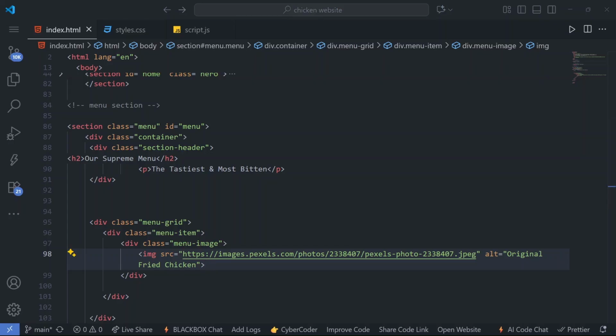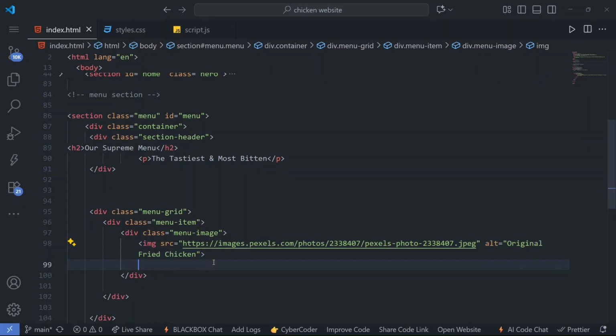Then after that we have to add the badge for this image, right? So bestseller on the top, the item badge, that we have to show on this image. It depends on you in which image you want to show this badge, right? Then after this bestseller div,